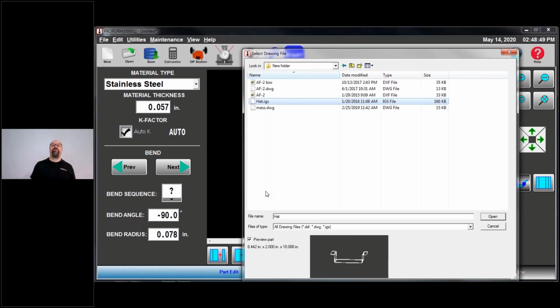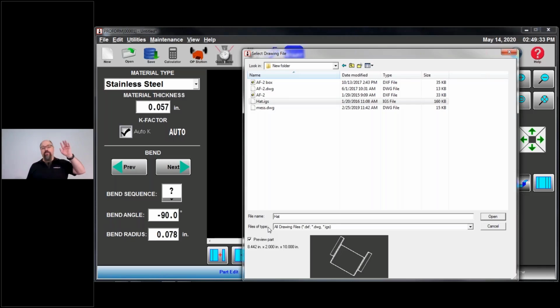Fair warning, if you've got a part that has issues and you try to preview it, there's a decent chance when you highlight that part with the preview turned on, you might crash the software, because it's trying to model the part and the model itself has issues. So it's trying to render this model and it's going, I don't have all this information, I'm done. You'll see it, AF Master has crashed. What you're going to want to do is go back and look at that part a little closer in my design software, in my SolidWorks.